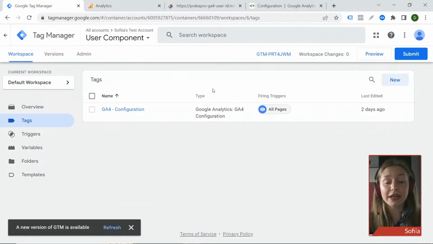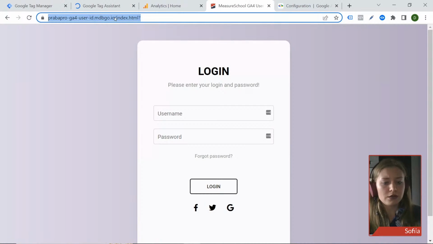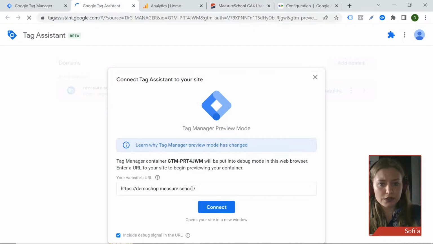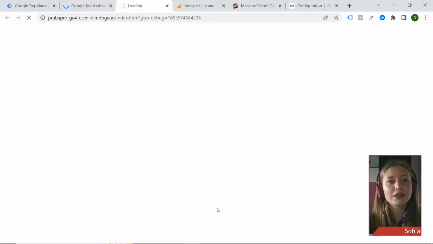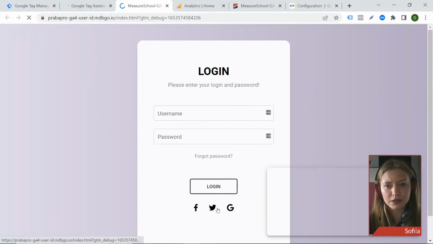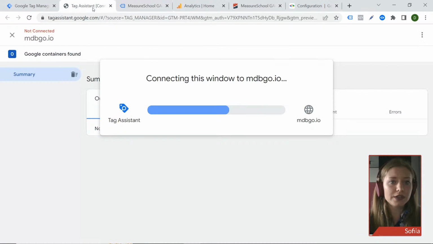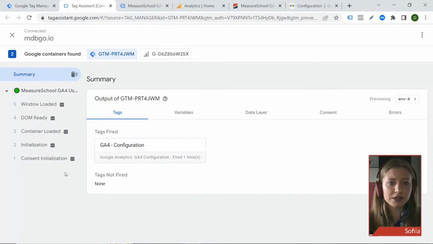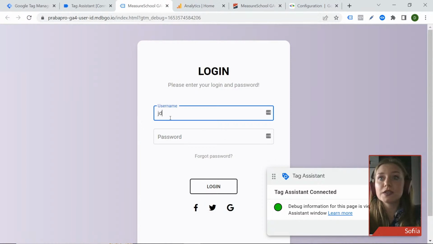Let's go to the tag manager and we should preview our web page, just to see what would happen when I log in. And let me provide my URL here. So this should be the correct one. Okay, Tag Assistant connected. Let's have a look. So let's go to Tag Assistant. You can see my page is loaded. And if I log into my system again,